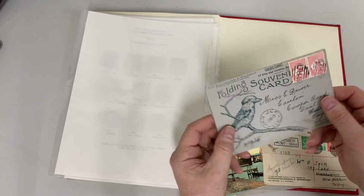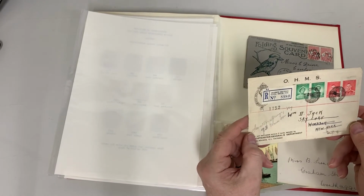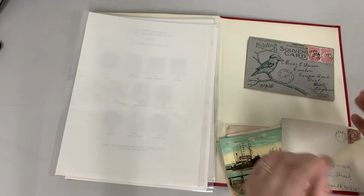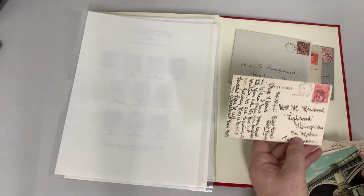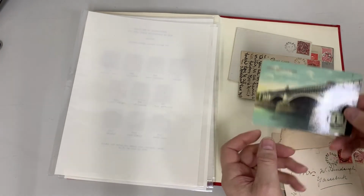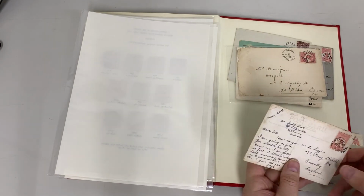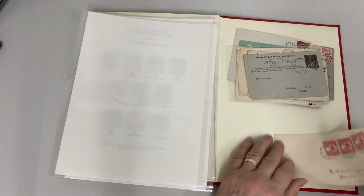That's nice. 384 and Jan Chuck. That's very nice. And the number 1 of Melbourne. It's normally seen as a killer, but that's official mail from the GPO, so that's a somewhat different usage. Number 1, that's philatelic. Bunjaluk. Latest recorded date for the date stamp. Portland duplex, front only. Yeah,